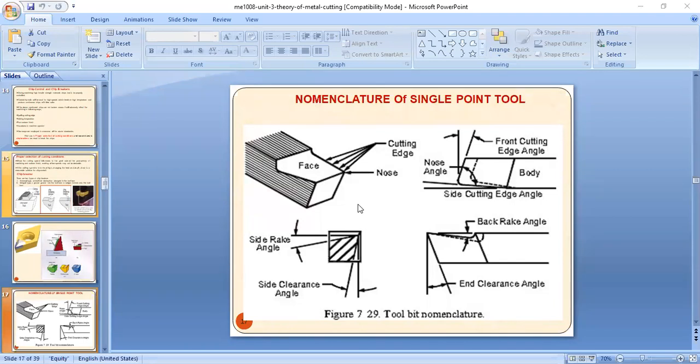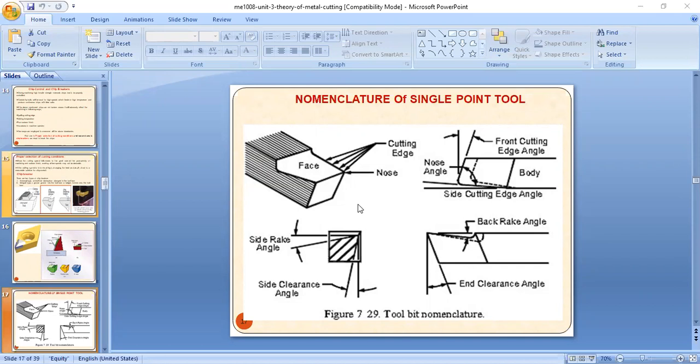And positive rake angle you can use for high speed steels, HSS. And zero rake angle you use for brass. So brass is turned well with a tool with zero rake angle. Zero rake means when no rake is provided on the tool. That means the tool has no slope. Whenever the tool has no slope and is parallel to the upper face of the shank, it's known as zero rake. Okay, so that is the zero rake angle.